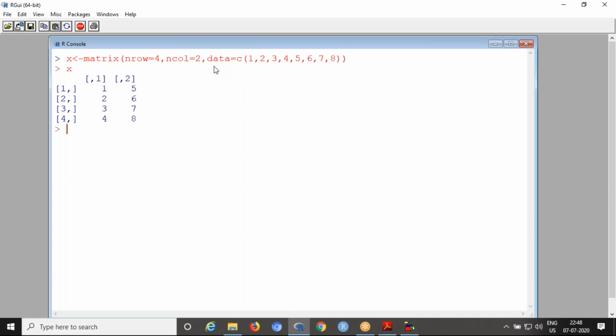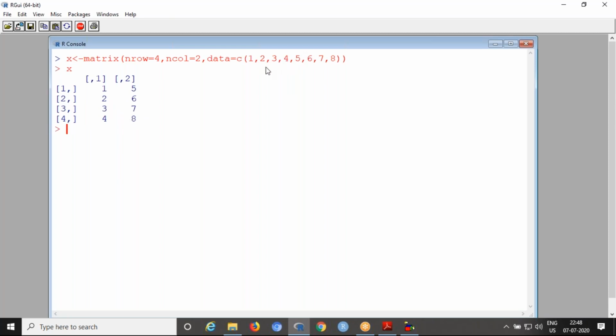Here you can observe, since we did not specify byrow equal to false, it fills the matrix column wise by default. Here the dimension is 4 by 2: 4 rows, 1, 2, 3, 4, and 2 columns, 1, 2. Now the elements are filled column wise. First column, how many rows? 4 rows. It takes the first 4 elements, filled in column 1 under 4 rows.